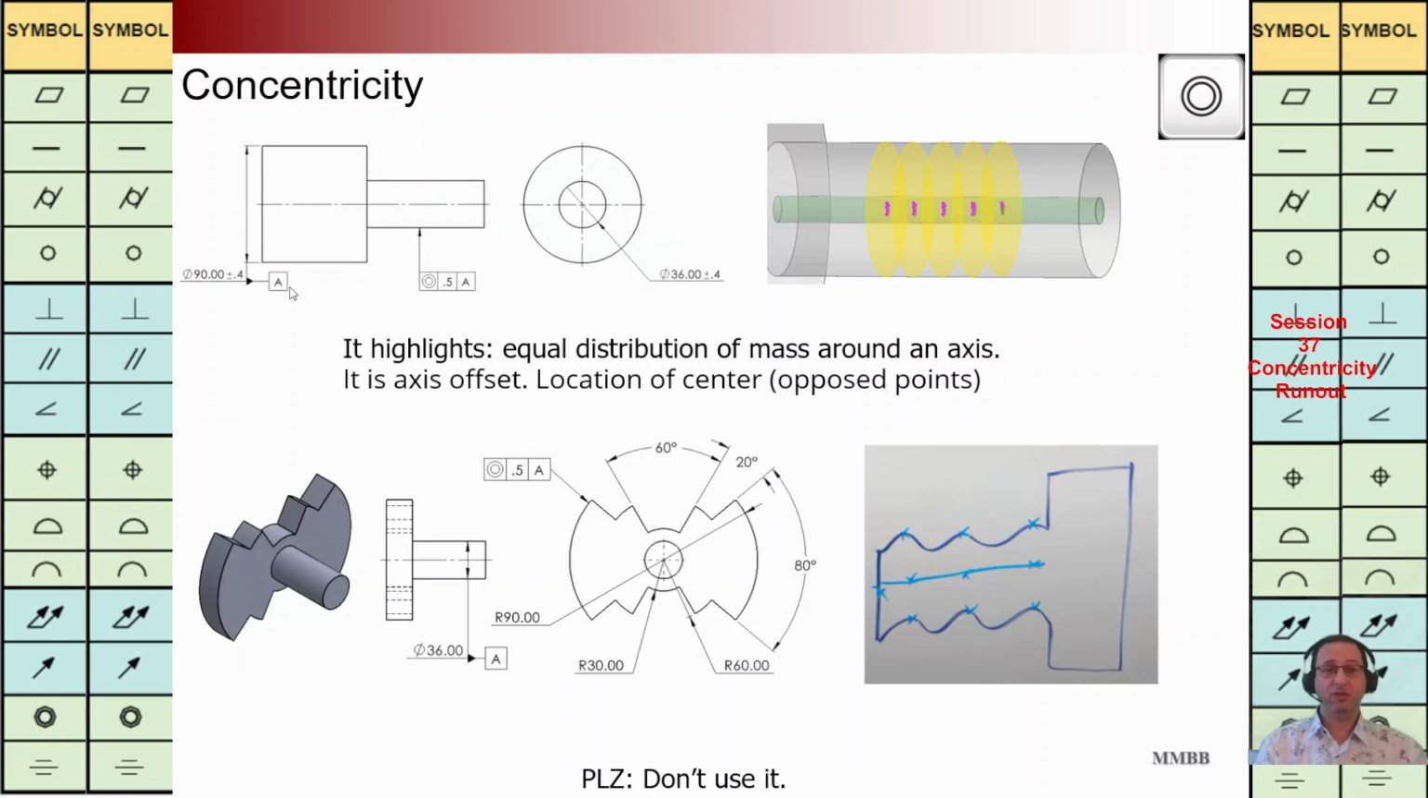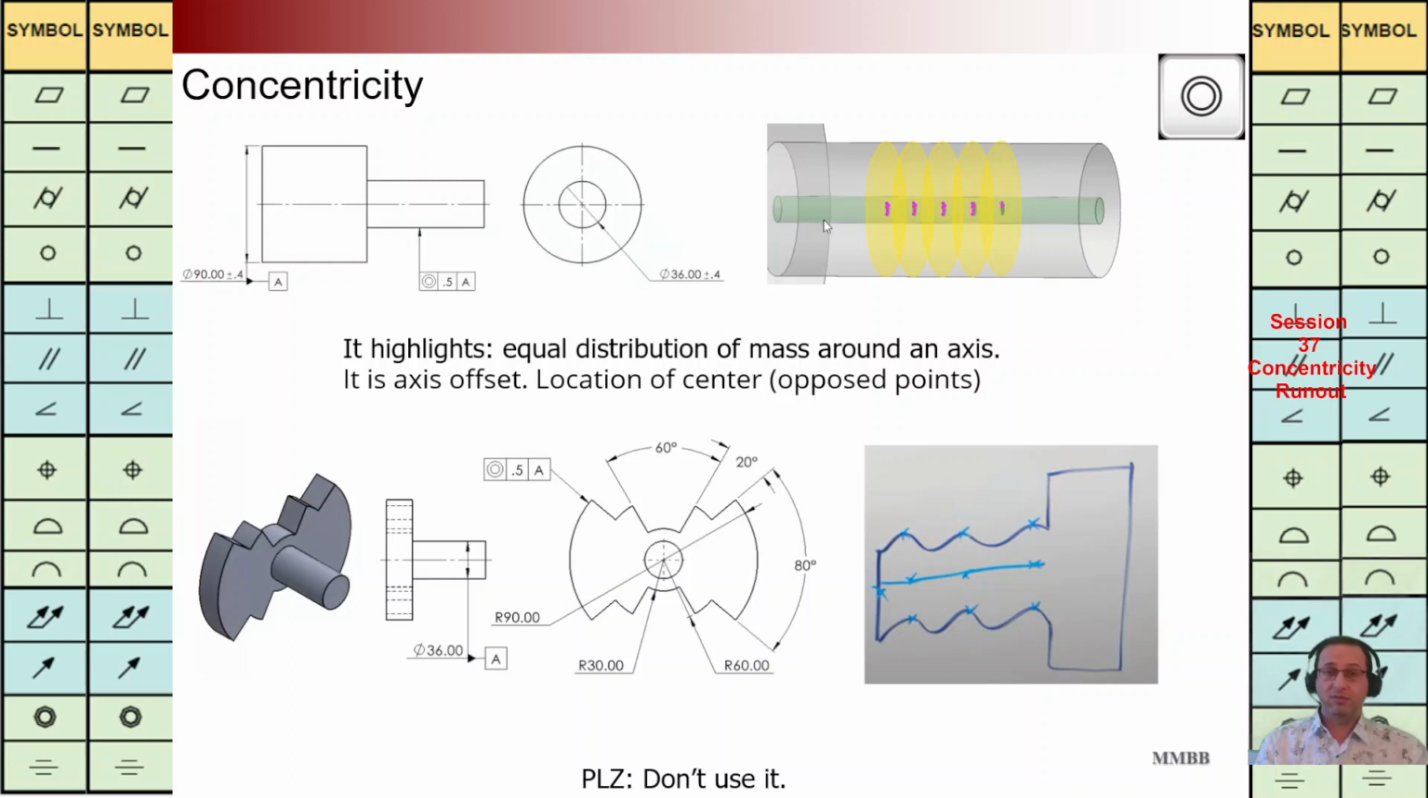Today we're going to talk about concentricity. As we can see here at top right, we are going to have this symbol. In the first example, we are going to implement this concentricity symbol. In this FCF, TZ is 0.5 back to A. A is the axis of this cylinder. We are going to have a cylinder with a diameter of 0.5